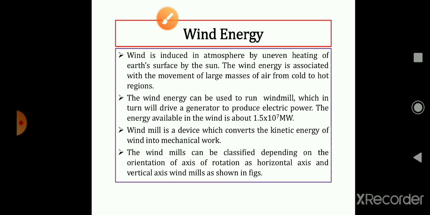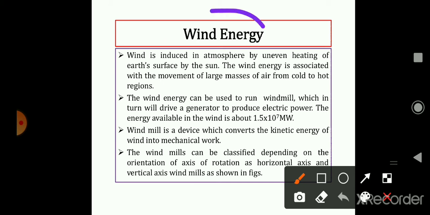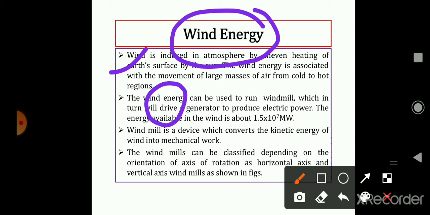Similarly, let us go to another method. What is another method? Wind energy. So what do you mean by wind energy? How do we get wind energy? This wind is also obtained from the sun only. Just now I said the sun gives solar radiation, distributing it equally